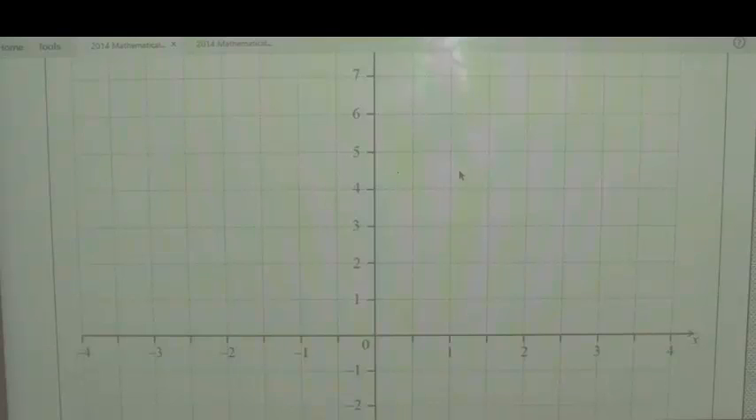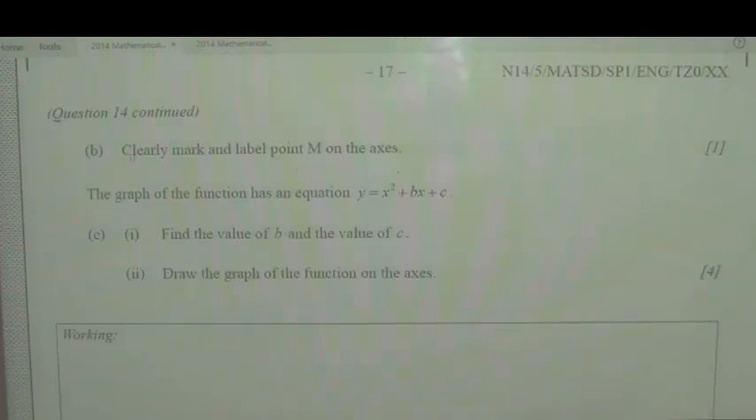We'll do that in a moment. I just want to be able to see what the whole question is about. Then they tell me the graph of the quadratic intersects the x-axis at n, being point (2, 0). And there's a second point m, where it also intersects the x-axis. And if I scroll farther down, they want me to clearly mark and label point m. And then they tell me the graph has this function, y equals x squared plus bx plus c, and to find the values of b and c, and then draw the graph. So we have all of that to do